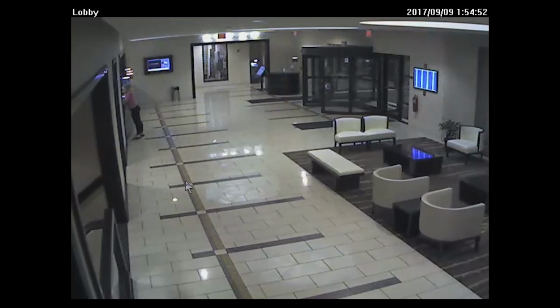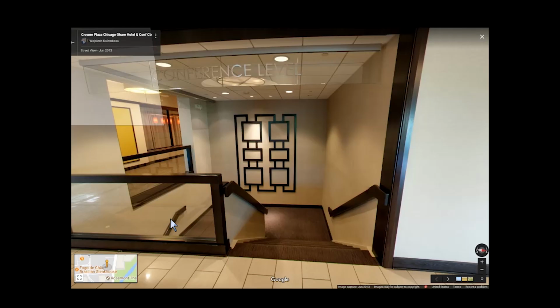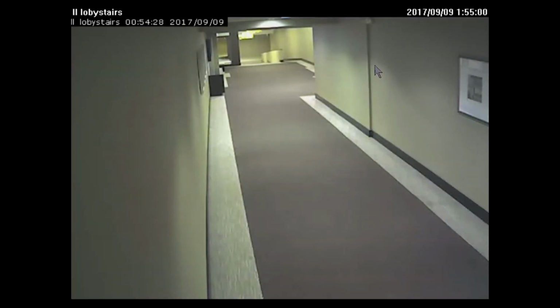Okay, so he went back into there again. Now he's coming out of that. Now he's going to go down to the conference level, which is down those steps right there. Now down those steps, he'll come to right here. And he's running because somebody asked for something. I think that's something that